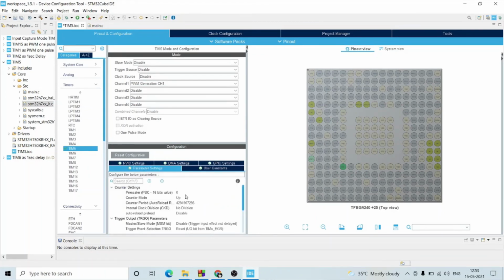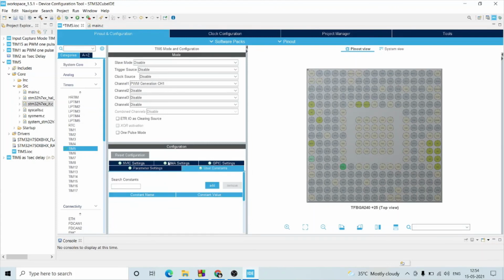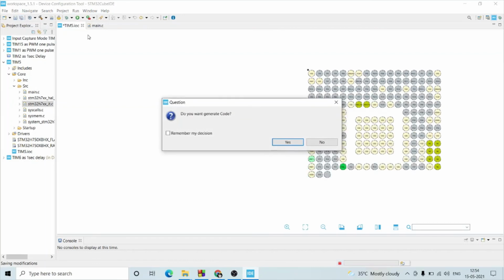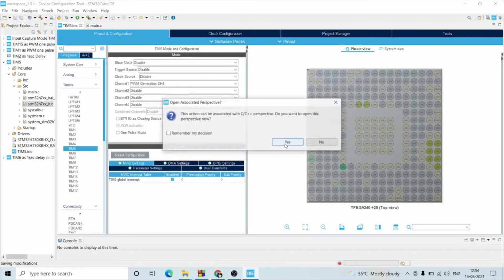These are the parameter settings. A similar parameter we need to select, according to the frequency we need for the PWM, using the prescaler and auto reload register. If we need the IRQ, we need to select that also. Then we just need to save, and it will generate the code for us.